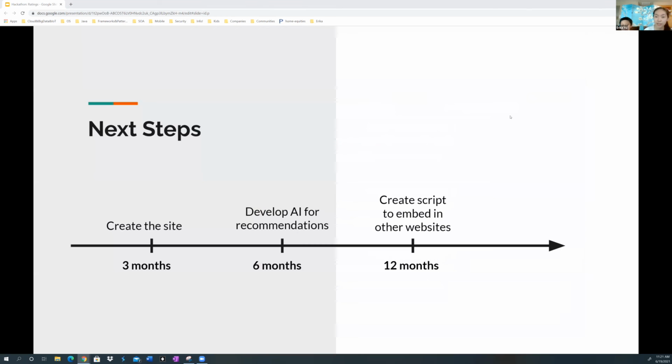Our next steps for the project is to create the site in 3 months. Then we will develop the AI for recommendations in 6 months, and in 12 months we will create the script to embed in other websites. And we're doing that to make it even easier for the readers to rate